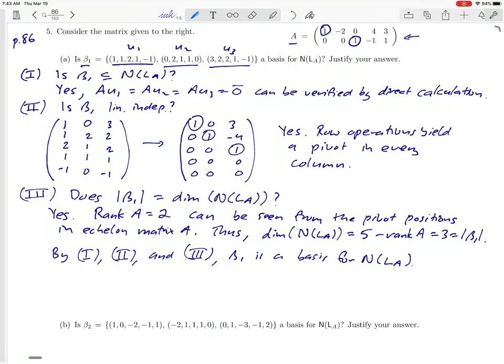Okay, and just as an exercise for you, just to see whether this made sense to you, I would encourage you to go back and see if you can do part B. It's asking you the same question that we just answered in part A, but with a different starting